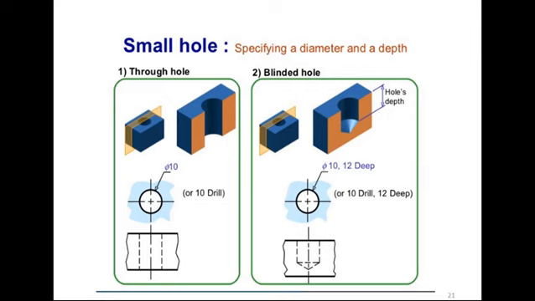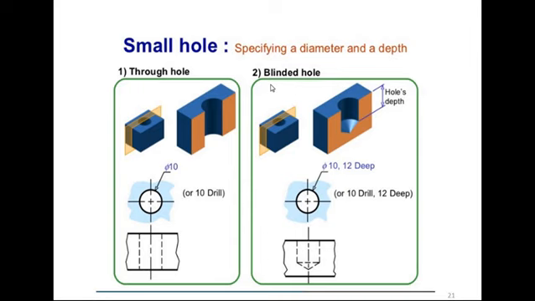Now small holes. Sometimes there are small holes we want to specify. This is 3D, and this is a through hole. See here, this is a through hole. A through hole is shown like this by using dotted lines, which we keep through till the last. We show the hole using the diameter symbol. So we are keeping this 10 mm drill.